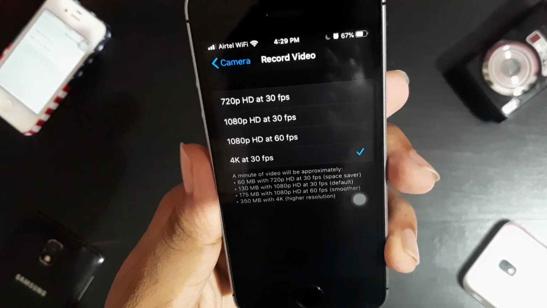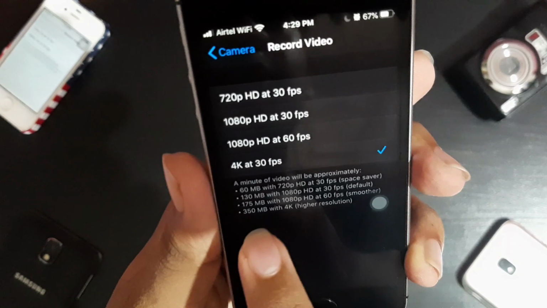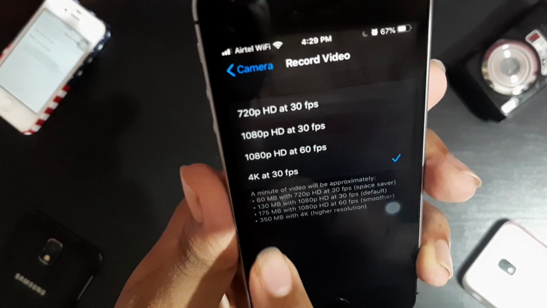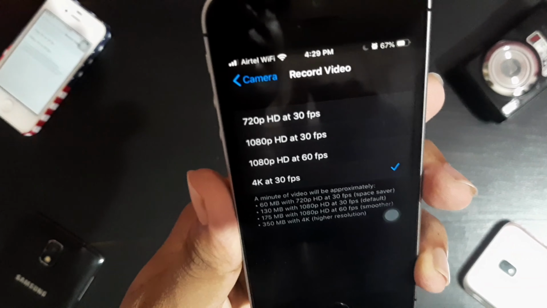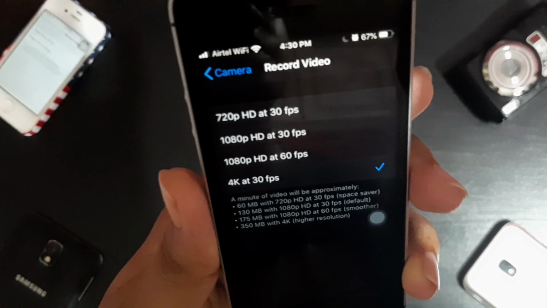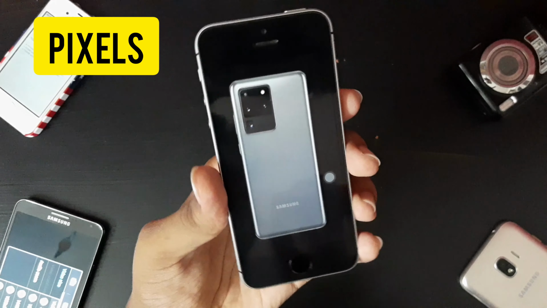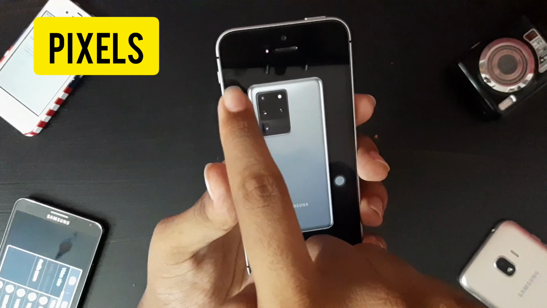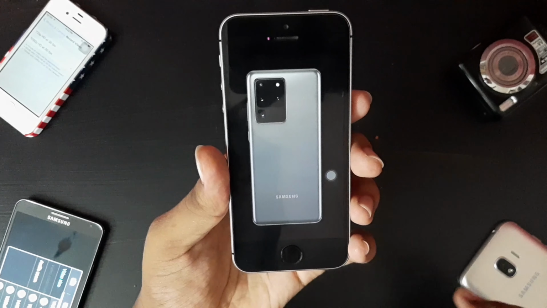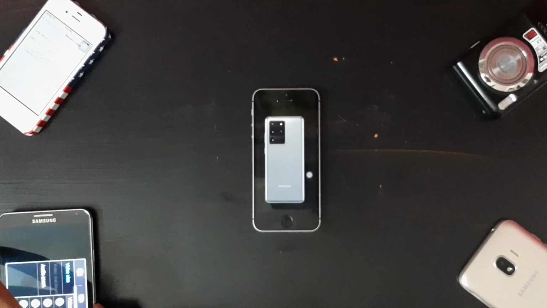One more thing we should remember is that the 4K file takes up to 350 MB of data for only 1 minute of video, compared to 130 MB shot at 1080p, which is a huge file to store and access. Our smartphone display contains many pixels. It will vary from phone to phone. It will be easy to explain on a Samsung phone.